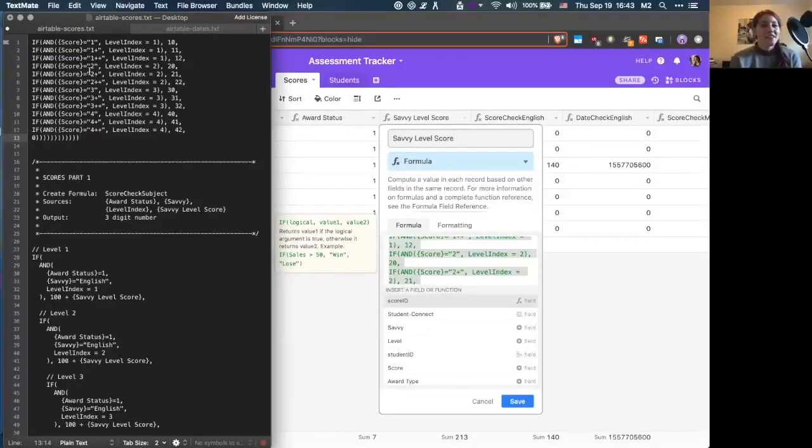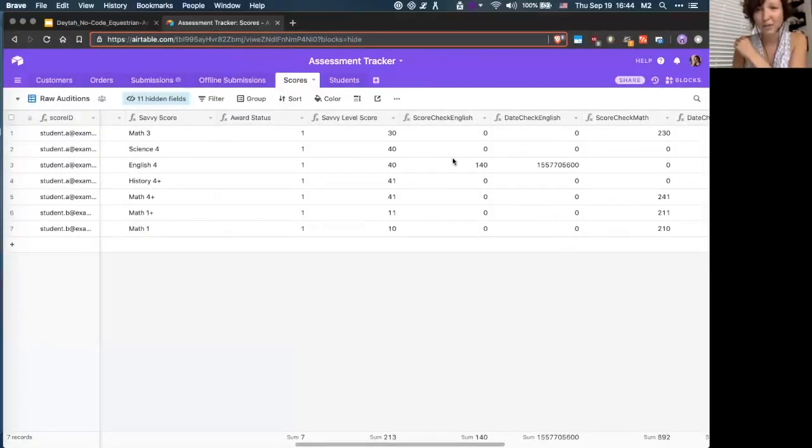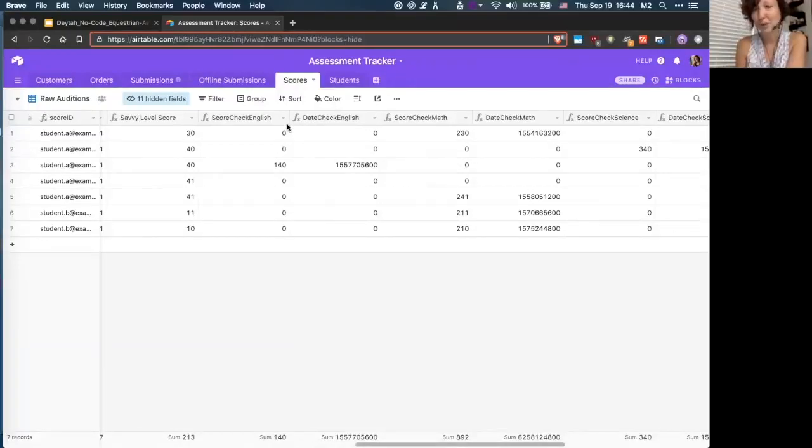Of course. So each of these takes that score value, that's the select, cross-checks it against the level index, because I'm using an and. It's like both of these have to be true. And if so, this is going to be worth 10. Right. Whereas the other one is 11, and the third one is 12, and so on and so forth. So I basically took the college method. It's like 100 level, 200 level, 300 level, 400 level. Let's give these all a value. I like it. So for each of the subjects, then we do a score check against that,